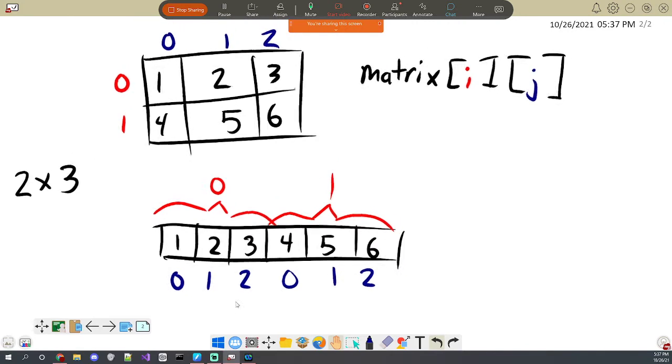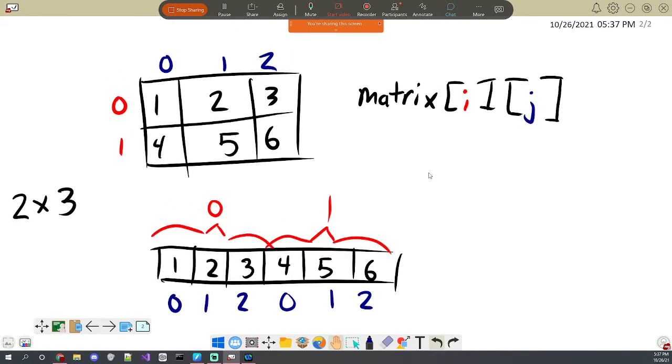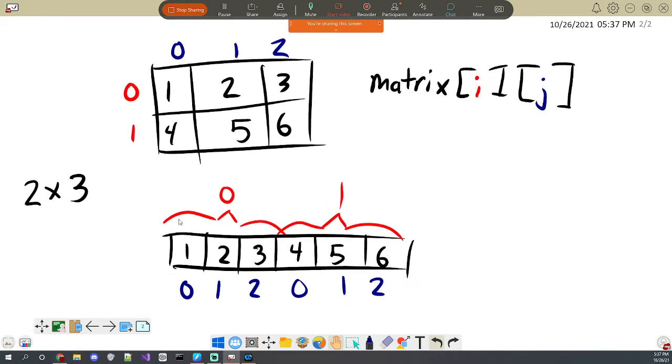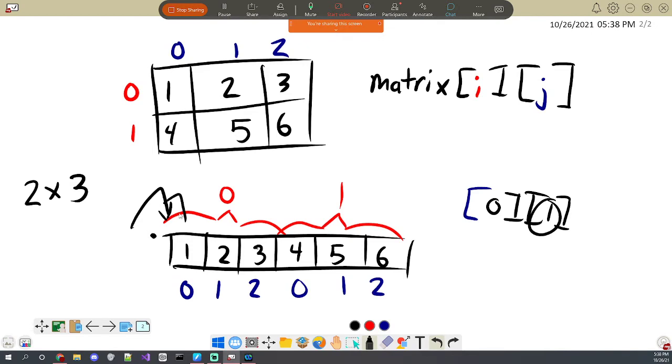And this is what the indexing does essentially: whenever you access an i, it says, I'm going to skip forward by that many i's. So if you said, for instance, that you wanted to access matrix position 0, 1, what it does first is it goes to the i, it says, I'm going to go to the 0th block, which is 0 groups of 3, so it jumps forward 0 spaces from the start of the array, which is here, and then it jumps 1 space after that, which is right here where the 2 is, right?